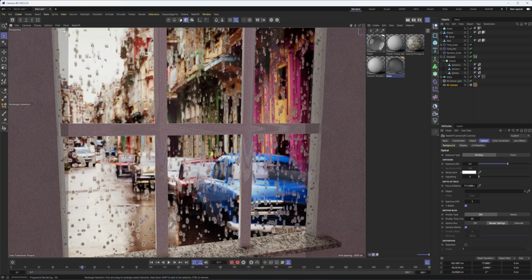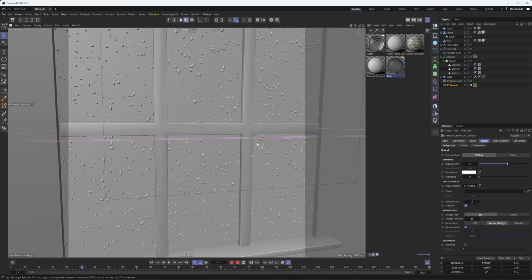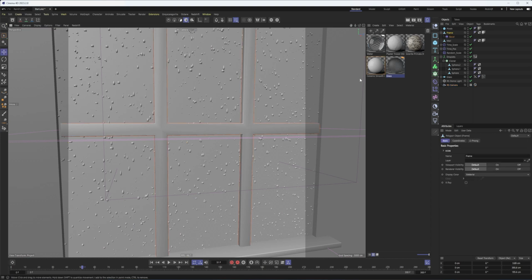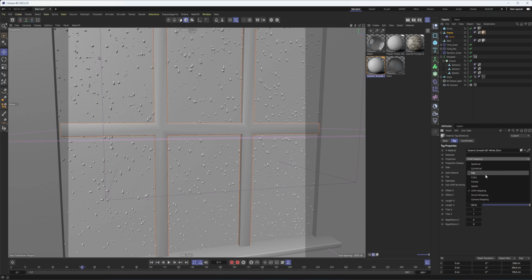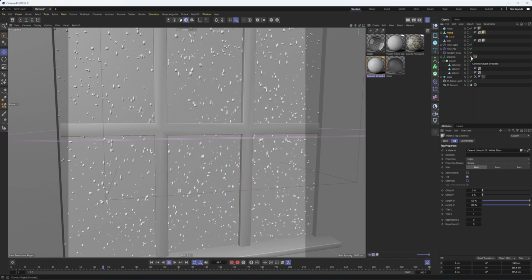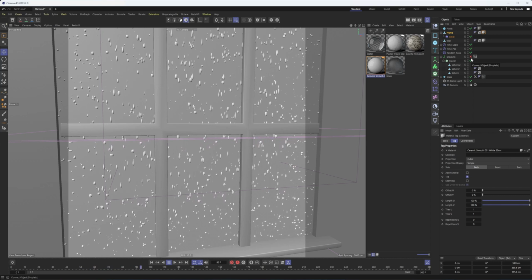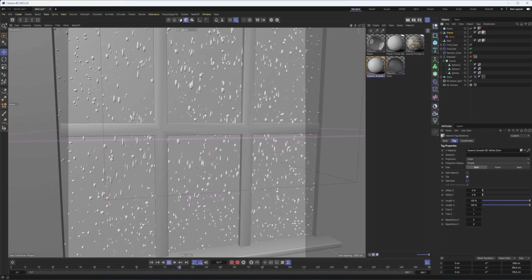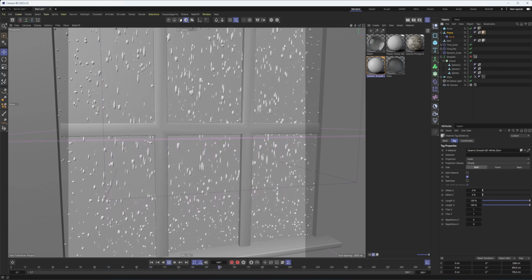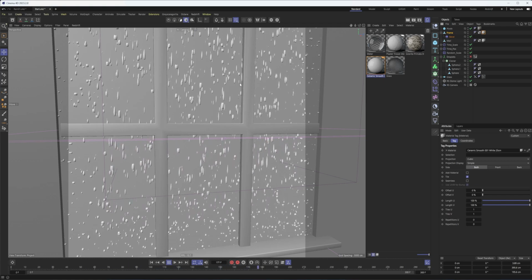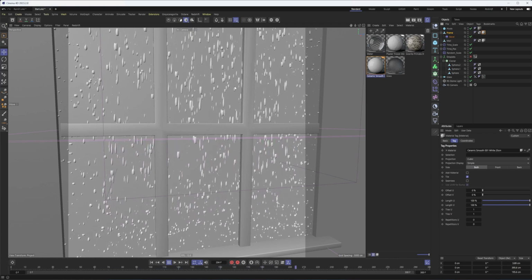And honestly, that's where I think we're going to leave this. Once again, would definitely go smaller with this. I may want to double check this material, make sure it was set to cubic for the projection. But overall, I'm pretty happy with the way this turned out, pretty happy with the movement we get. And if you want to see the movement a little bit quicker, remember, you can always turn off the connect, and we'll see that a little bit better. So yeah, I think this is as good as we're going to get it for today.